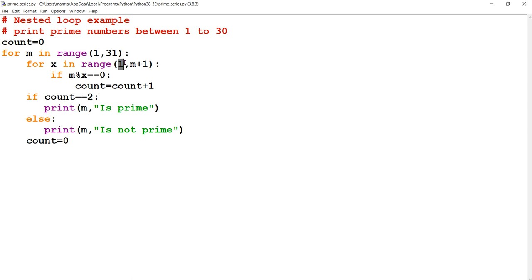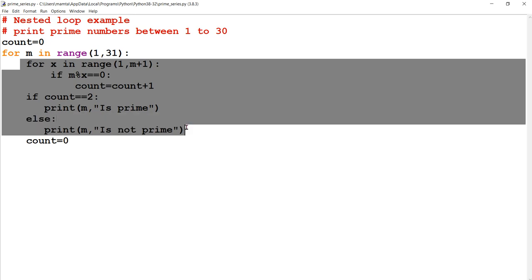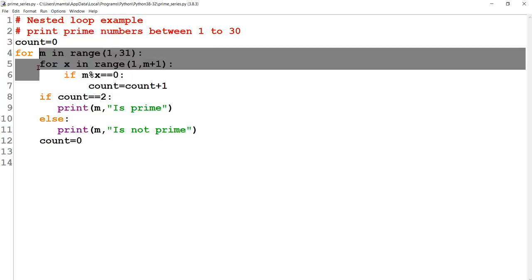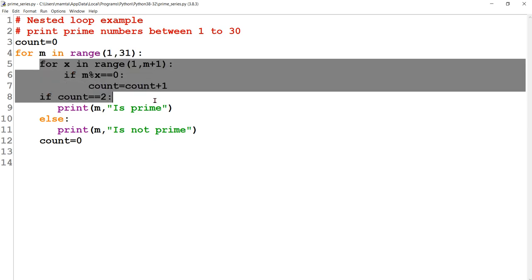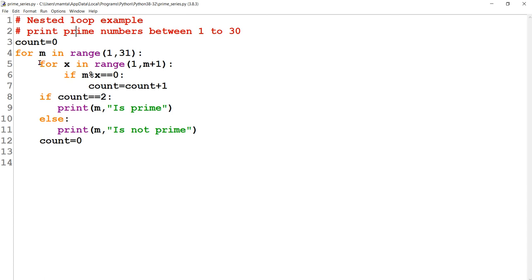So here I am starting the inner loop with 1. Why am I starting with 1? Because this is the basic logic of prime number, which I have written. Here are the line numbers, if you want to see them: from line number 5 till line number 11, this is the basic logic of prime number which I have put.